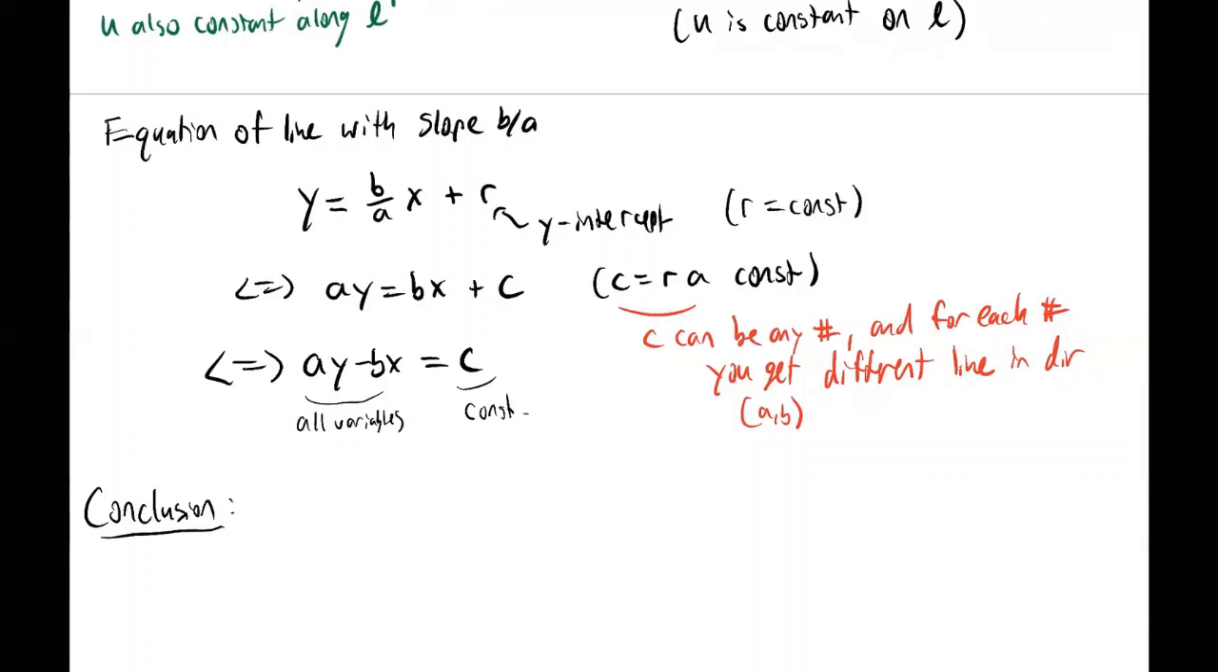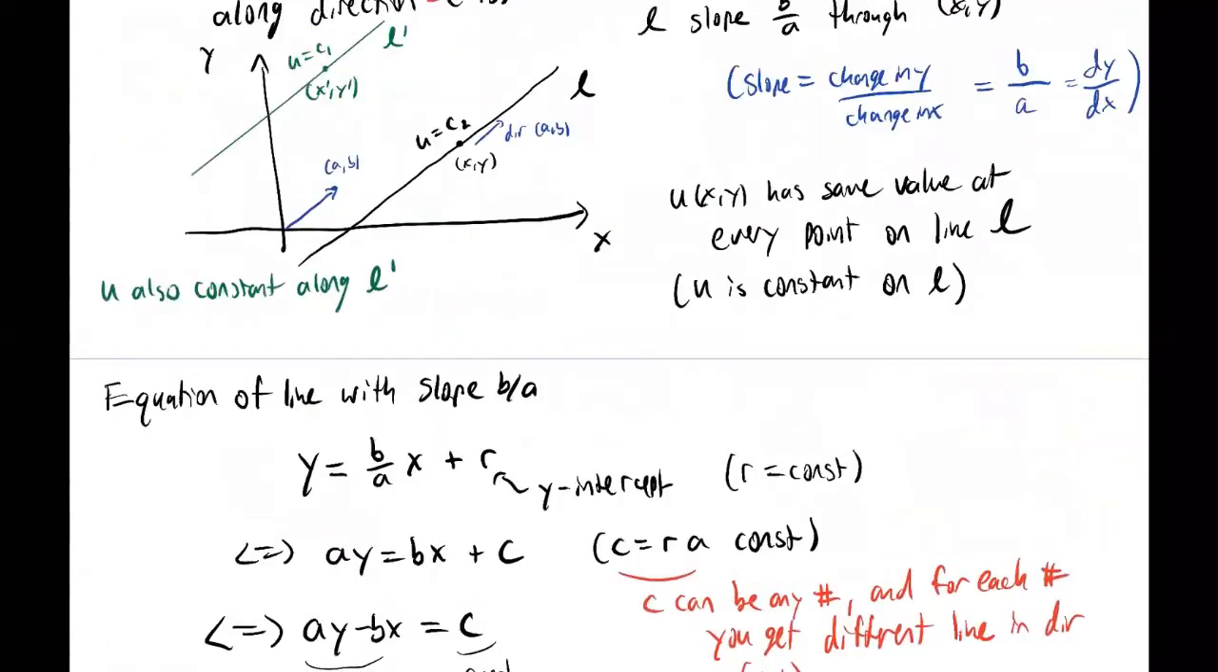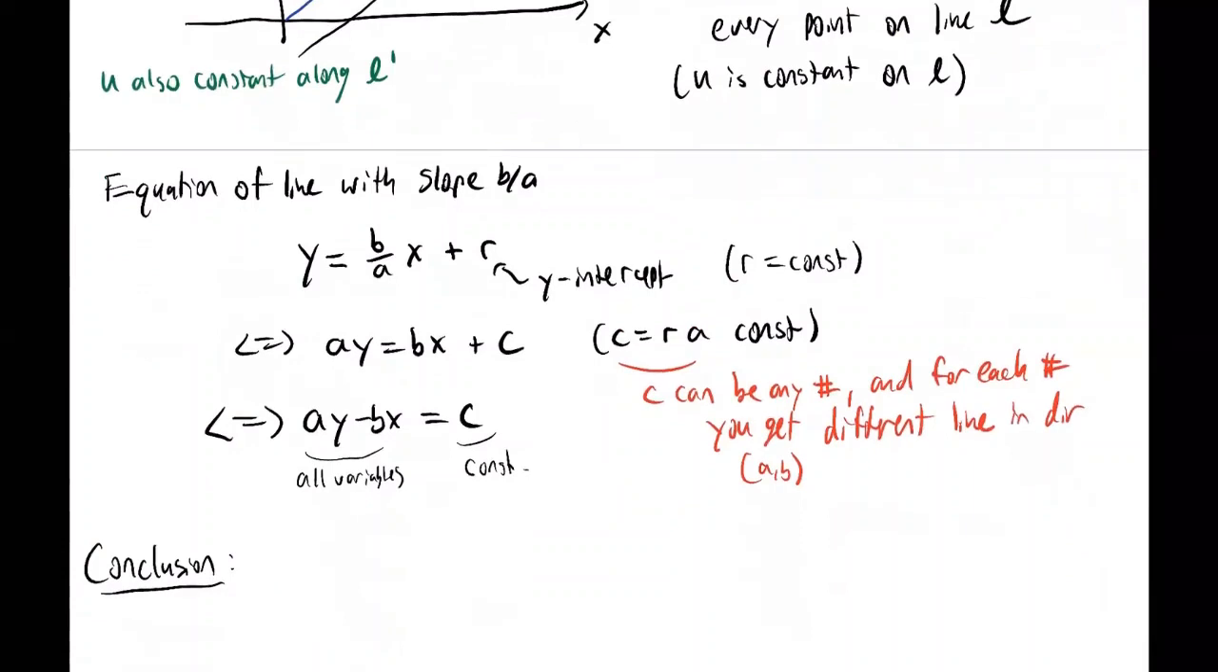And so the conclusion is that the problem of picking one such line is exactly equivalent to just changing the value of c, right? If I change the value of c, I'm going to get different lines. And if I let c go to infinity and minus infinity, I'm going to cover the whole plane with different lines. And so my solution is really just going to be a function